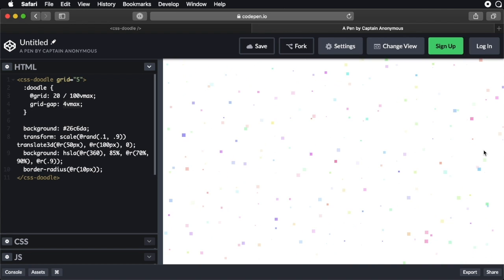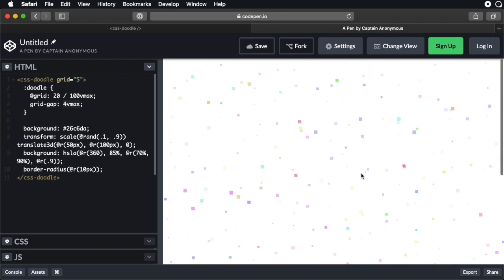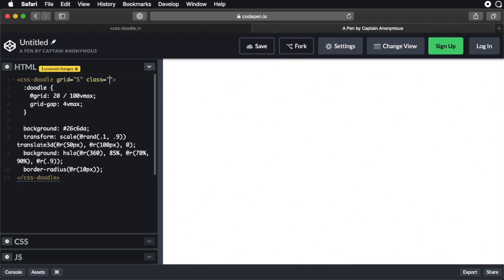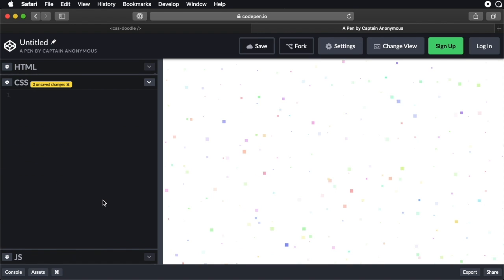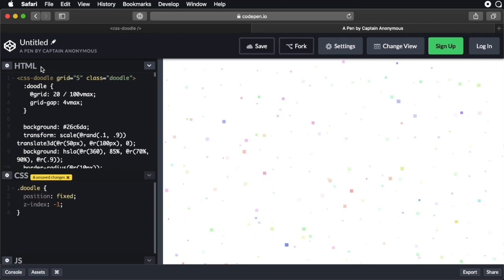As you can see, it scrolls up and down because it's not actually set as a background, but we can easily do that. Let's go ahead and give this a class of Doodle, and you can go into CSS, you can target Doodle, and you can set its position to fixed, and you can set a z-index to -1, so it sits below everything else on the page. Okay, so now as you can see, it doesn't scroll anymore,